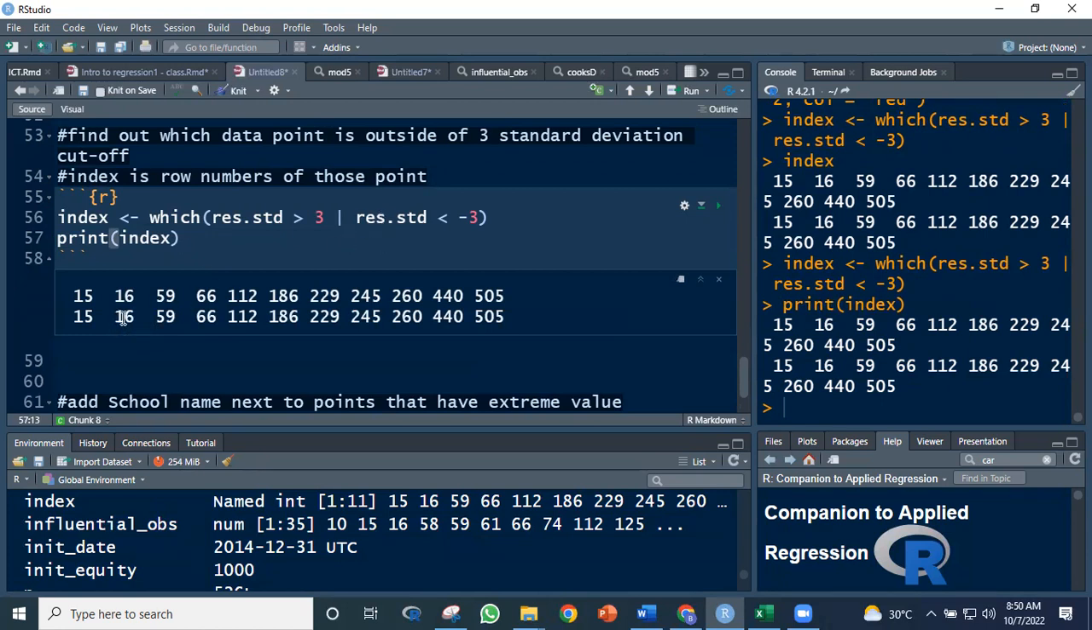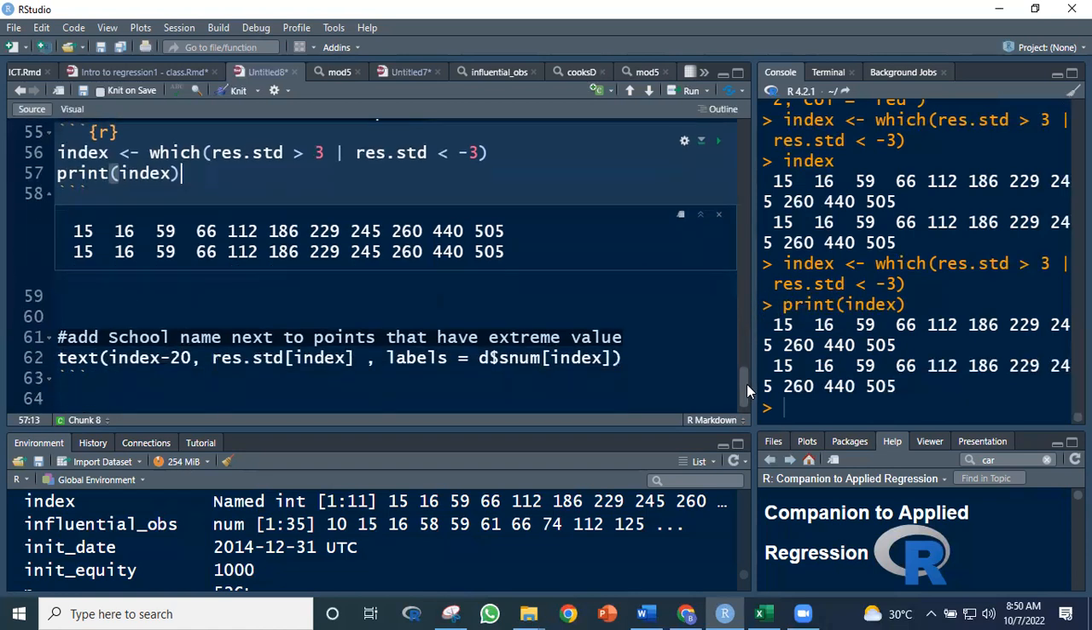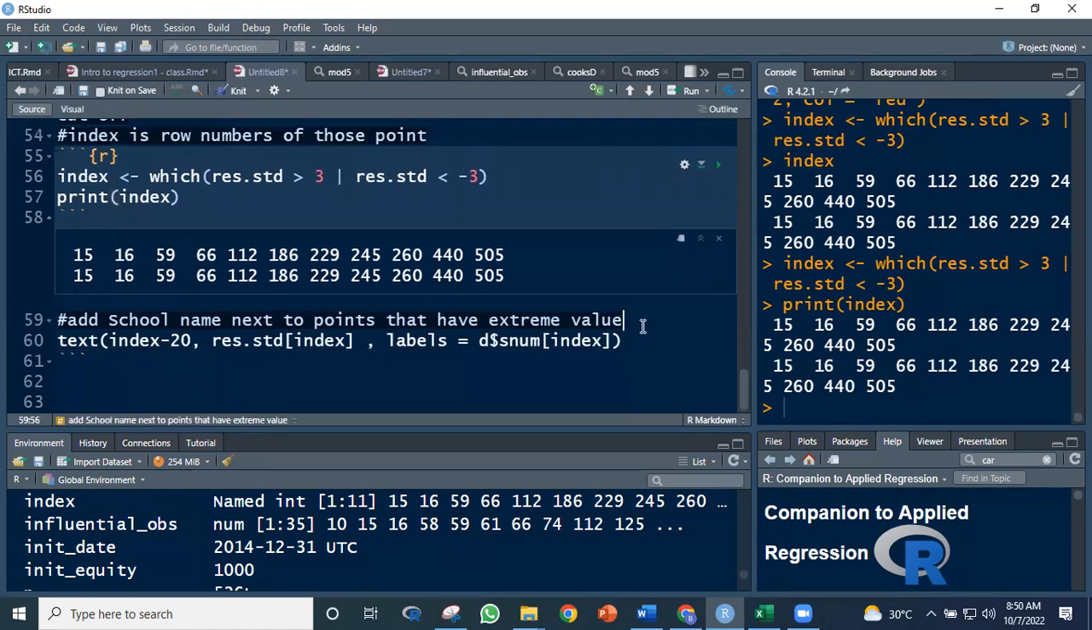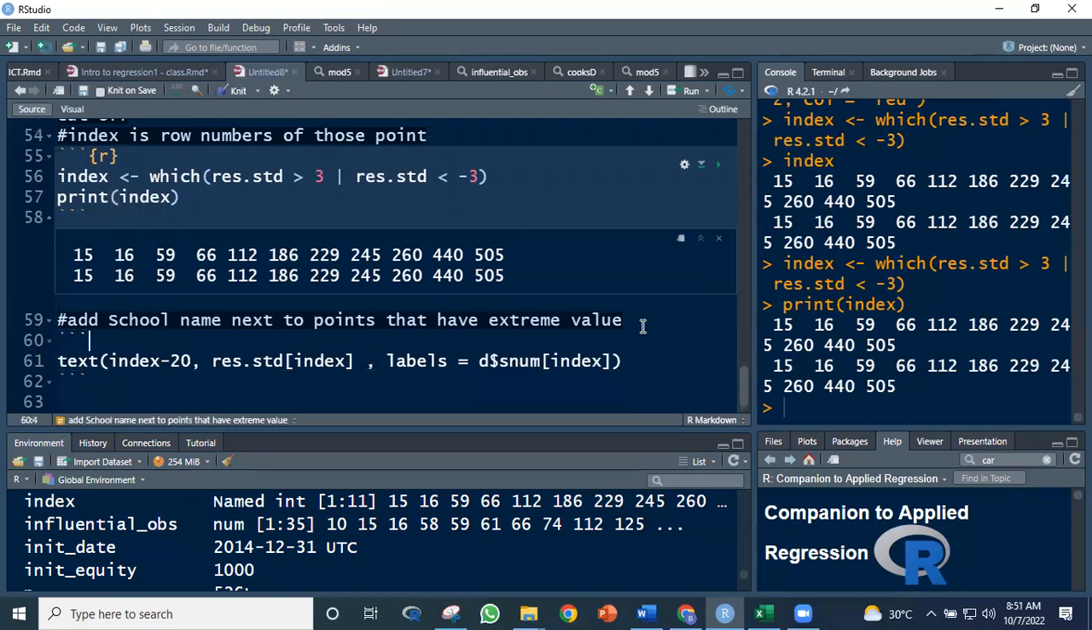Okay, so ito yung mga observations that has studentized residuals that's greater than 3. Observation 15, 16, 59, 66, 112, etc. Okay? So ma-identify natin kung ano yung mga observations na yan na may studentized residuals na greater than 3. Okay. All right, and then here we add